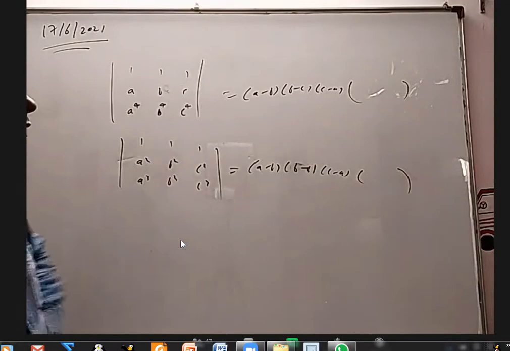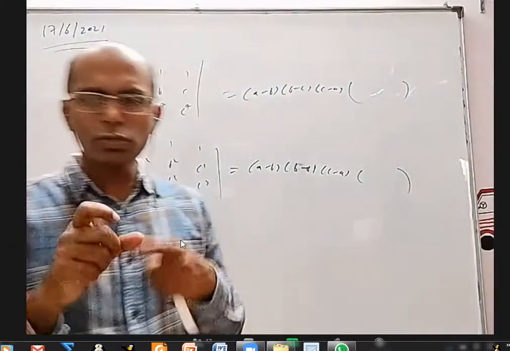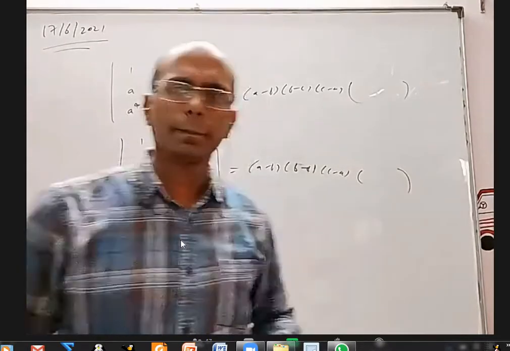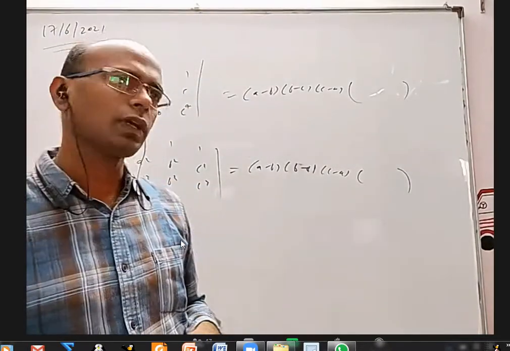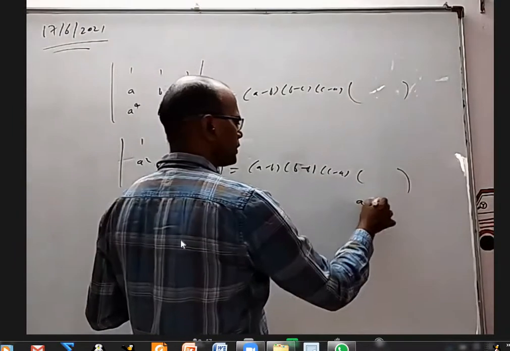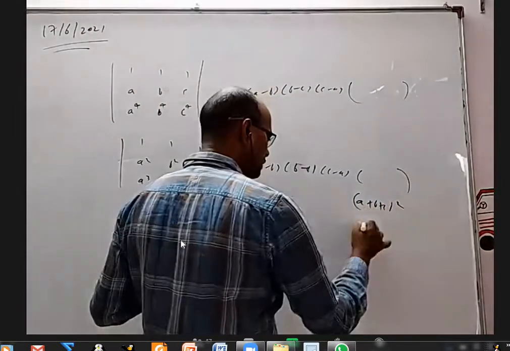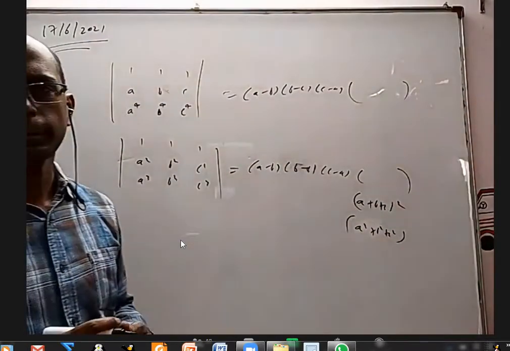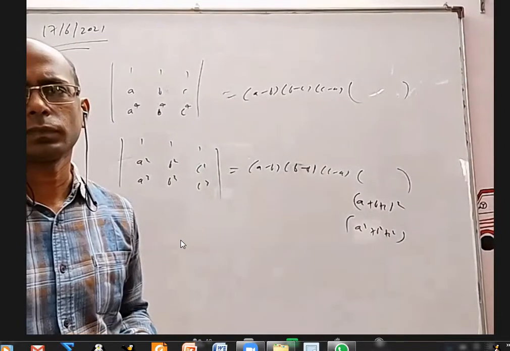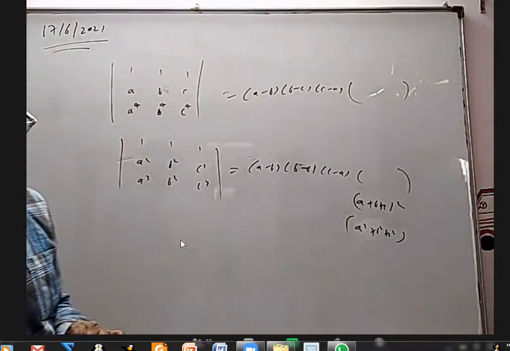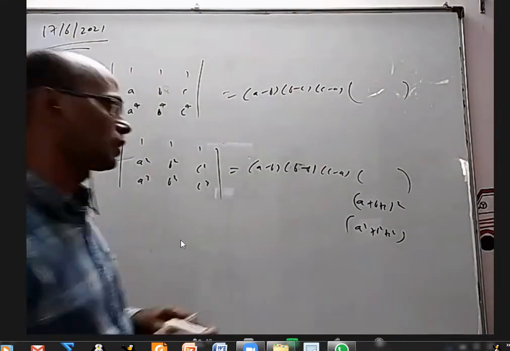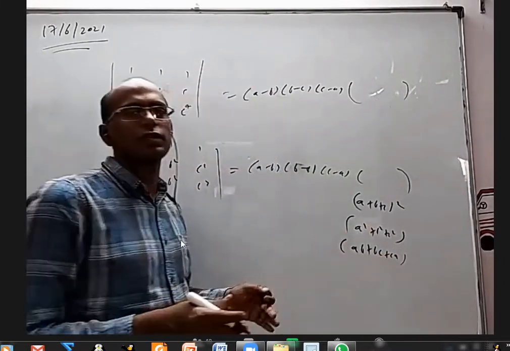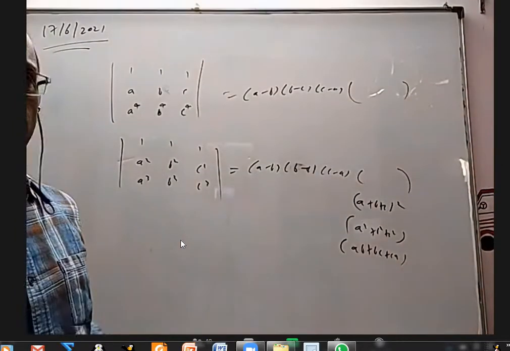All right. Yeah, one option is a square plus b square plus c square. Do you think any other second degree expression is there where a, b, c are equally present? A plus b plus c whole square. Yeah, that's also good. So one option is a plus b plus c whole square. Another option is a square plus b square plus c square. Any other choice? ab plus bc plus ca. Yes, that's also nice. ab plus bc plus ca also, where a, b, c are equally present and second degree. Anything else?